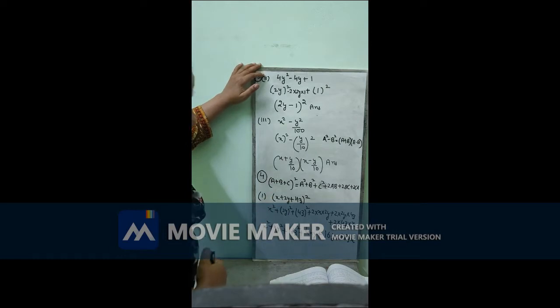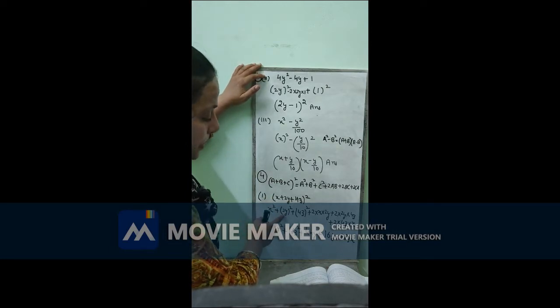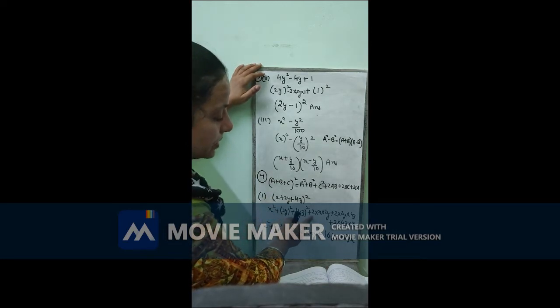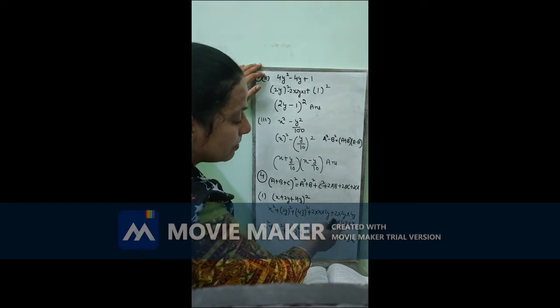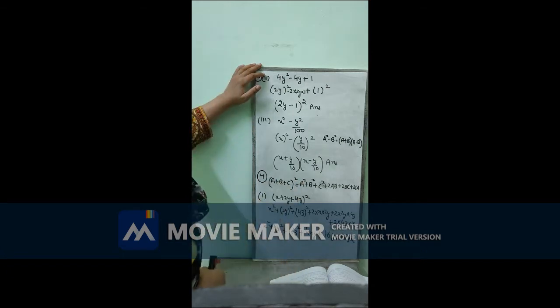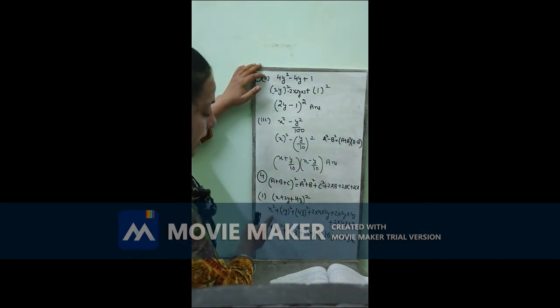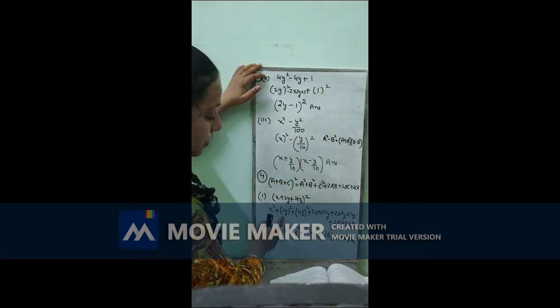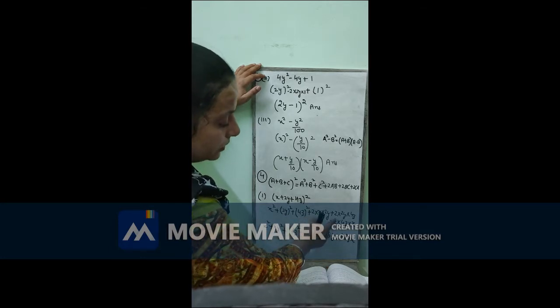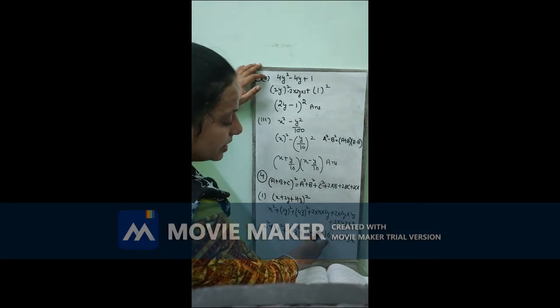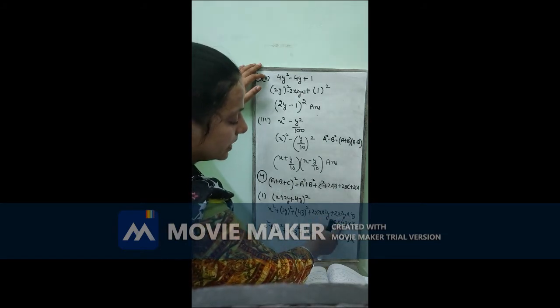Fourth sum, first part. A square plus b square plus c square plus 2 into a into b plus 2 into b into c plus 2 into c into a. Now we will find the answer. X square will be as it is. 2y whole square is 2 2s are 4 into y square. 4z whole square is 4 4s are 16 into z square. Here it will be 2 2s are 4xy, 2 2s are 4, 4 4s are 16yz, and 2 4s are 8zx.